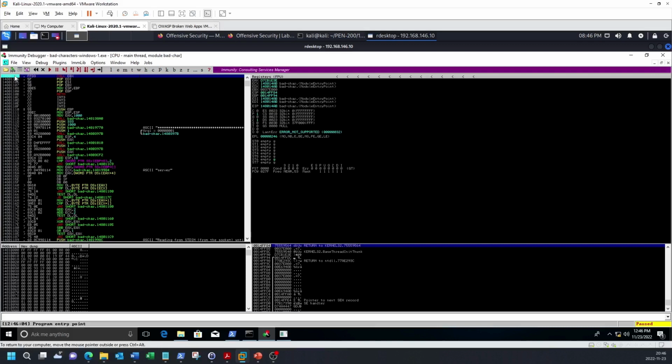The second way is more thorough. As you can see from the selected instruction, the corresponding opcode is FFD3. You can use Mona to search for this in the current module.